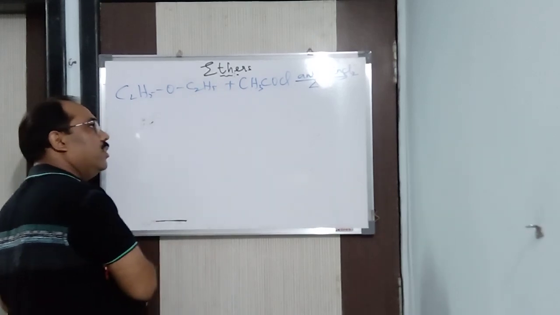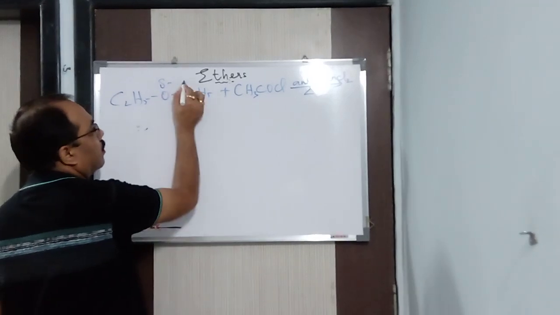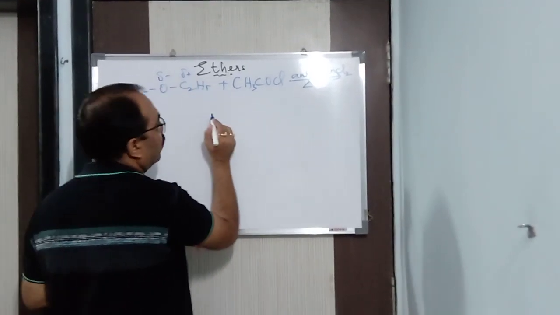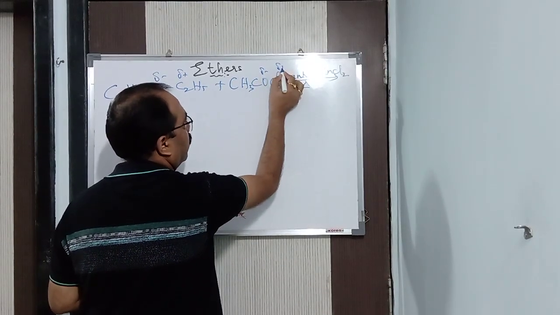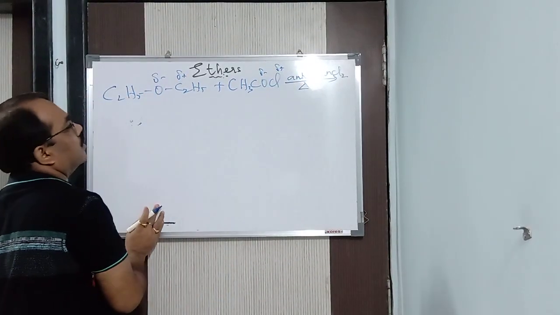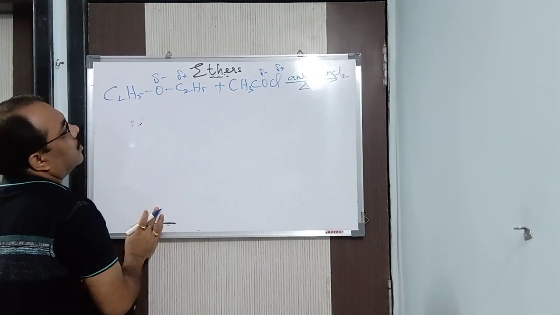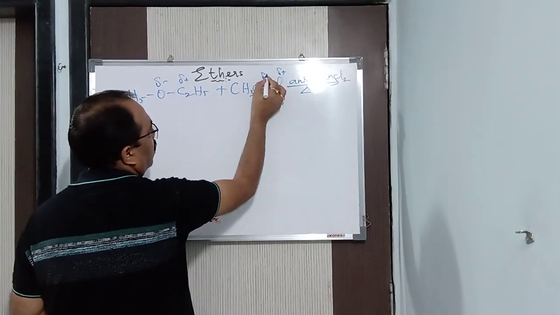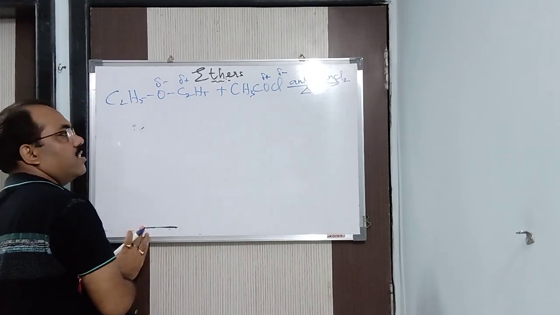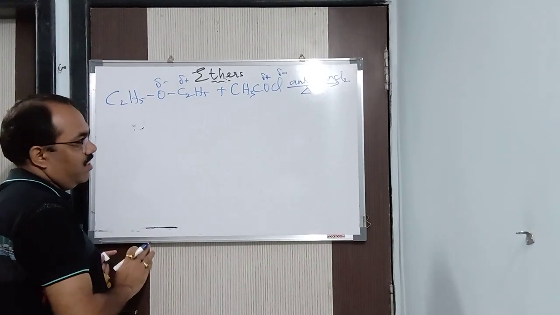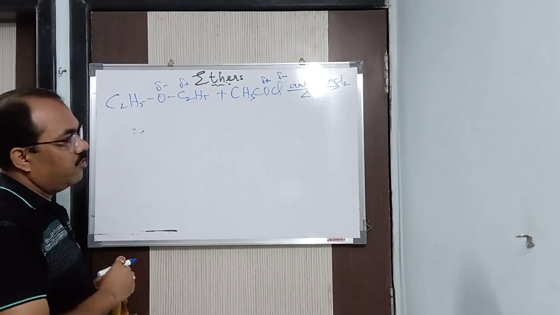If you don't understand, if you think it is a very tough reaction, what you always need to do is charge separation. Oxygen is negative, comparatively this will be positive. Clear? Again the same thing, oxygen is negative and Cl will comparatively be positive. See, this will be positive and Cl will be negative always. Clear? This is sticking, isn't it? Because I generally do it in this particular way in the class. That's the habit I have, to find out whether you are following or not.